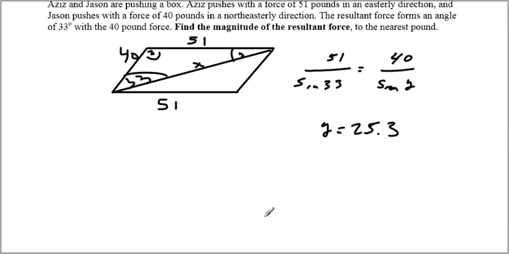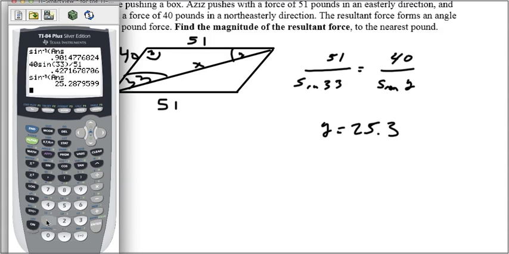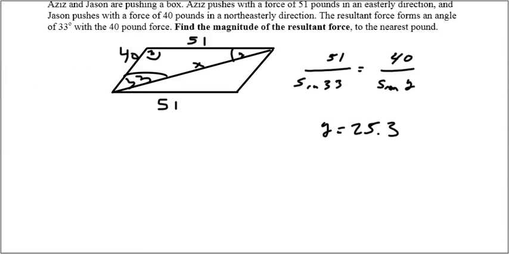So that means that we have an angle left for y. So we have 180 minus 33 minus the 25. I'm going to keep the answer to a couple of decimal places. 121.7. Good. And so that means that the angle z is 121.7. So now we have x over sine 121.7